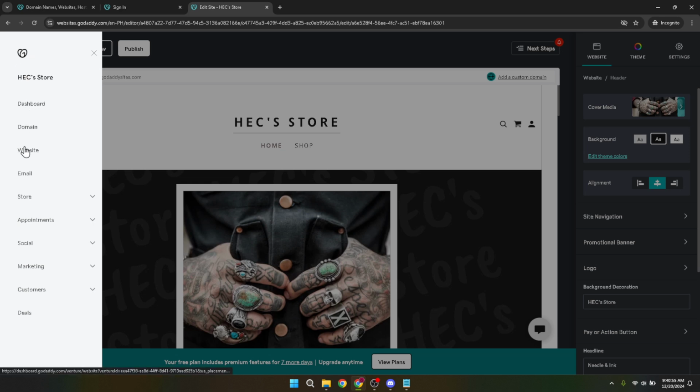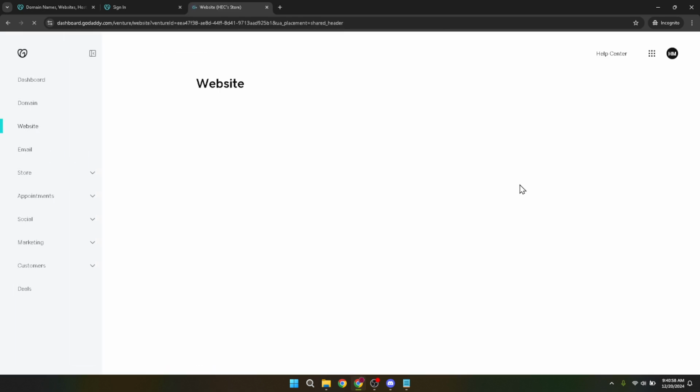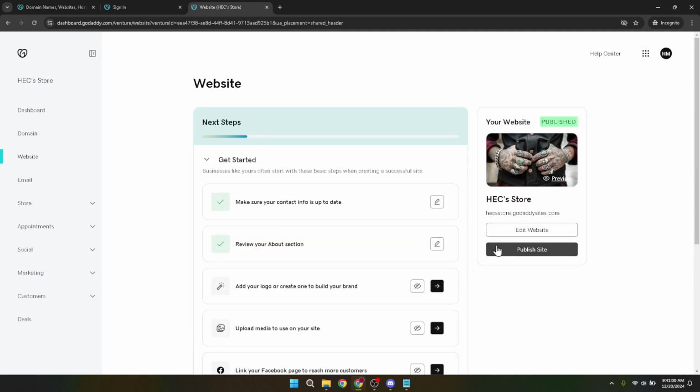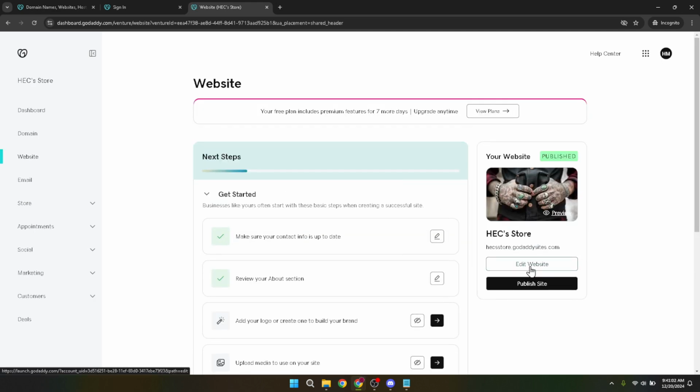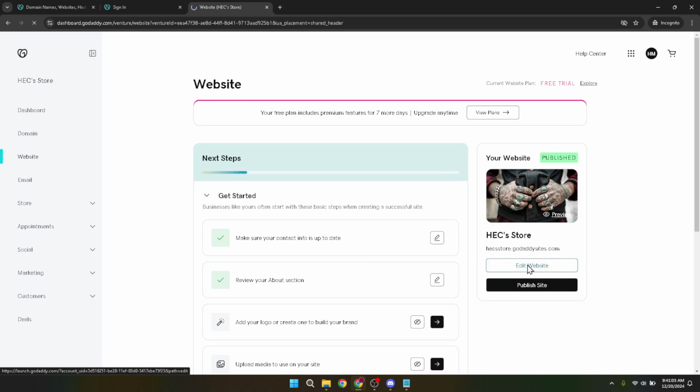Next, you'll see an option that says Edit Website. Click on it. This action transports you into the website builder environment, a place where creativity couples with technology. It's where you'll make all the edits, including deleting pages to make sure your website reflects your current business needs and aesthetics.